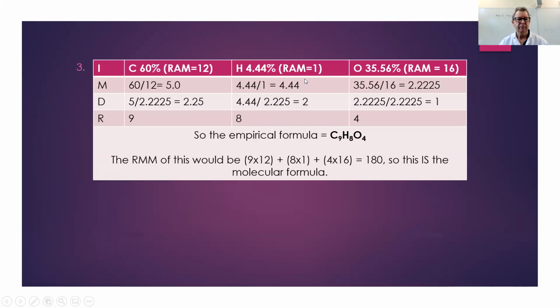Number 3, a bit more difficult. So we get the carbon, the hydrogen, the oxygen. We work out the moles: 5, 4.44, 2.2225. Divide all of them by the 2.2225. This is 2 1/4, this is 2, this is 1. Now to get that 2.25 up to a whole number, we would have to multiply by 4, which will make it 9. That by 4 is 8. This is 4. So the empirical formula is